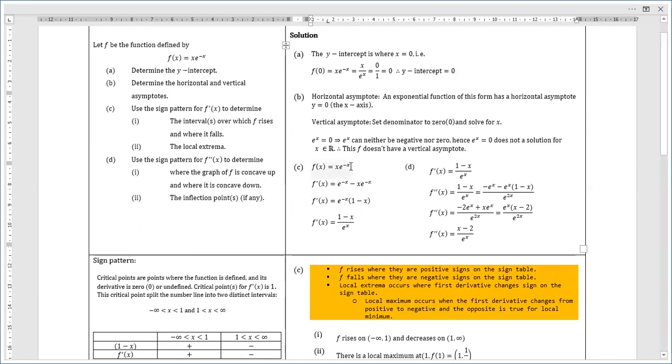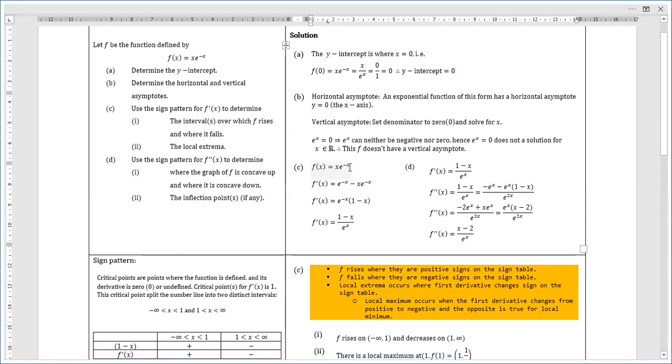So we can actually solve this by the product rule, or I can rewrite this to have it in the form x over e to the power x, and I can make use of the quotient rule. But okay, I'm just going to use the product rule here. So we start with the derivative of x, which is 1. So we multiply 1 by e to the power minus x. Here we are, we have our e to the power minus x here, plus